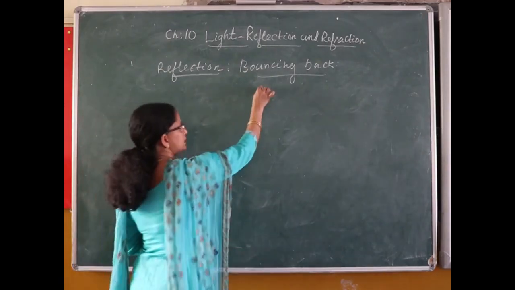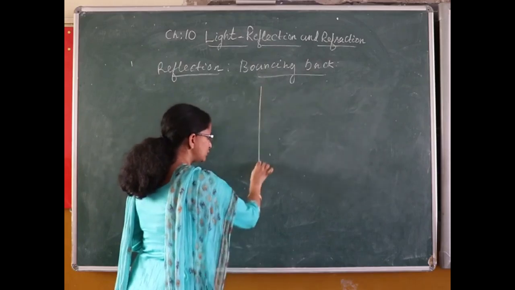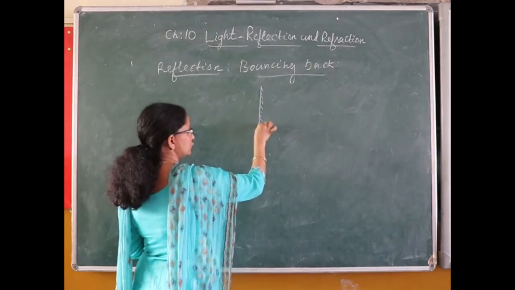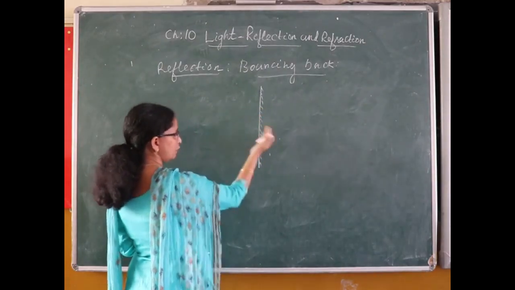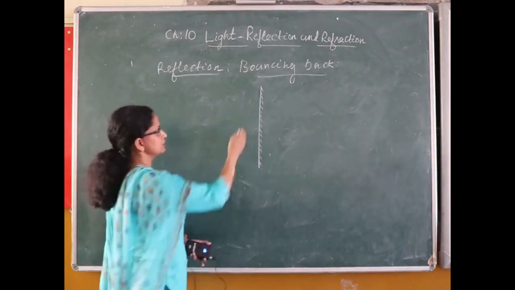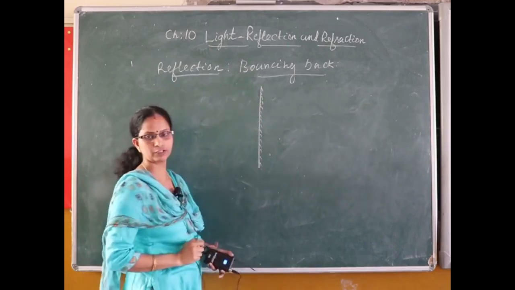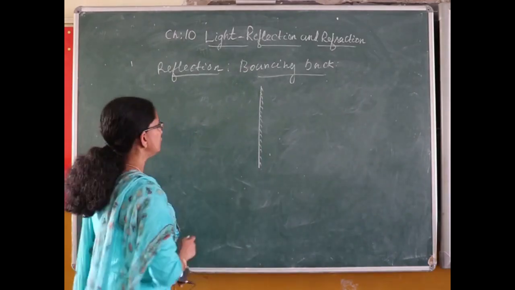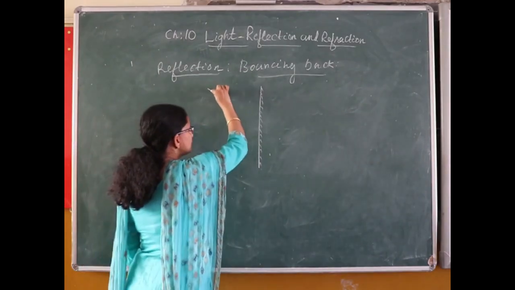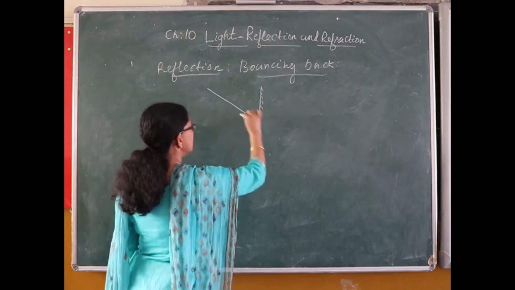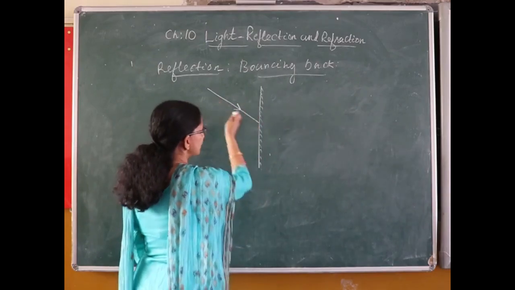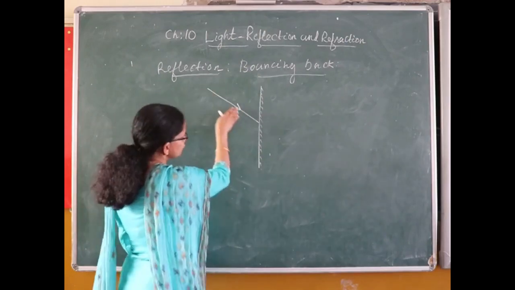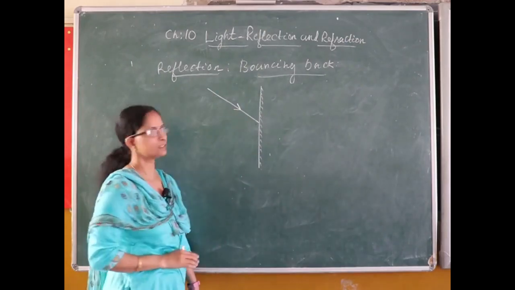A smooth polished surface can be represented in such a way that the line shows the opaque surface, whereas the opposite side of that line is the polished smooth surface, which is acting as a reflecting surface. Now, if a ray strikes that smooth polished surface, imagine this as a mirror,